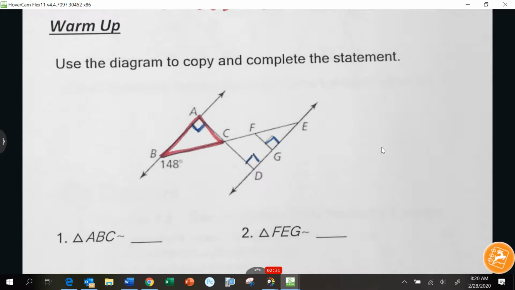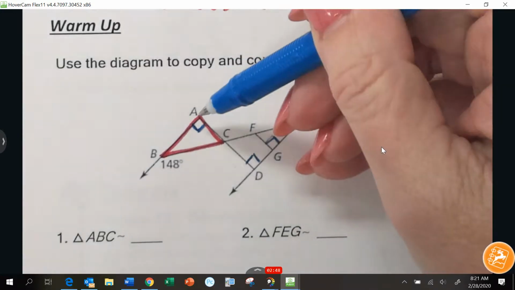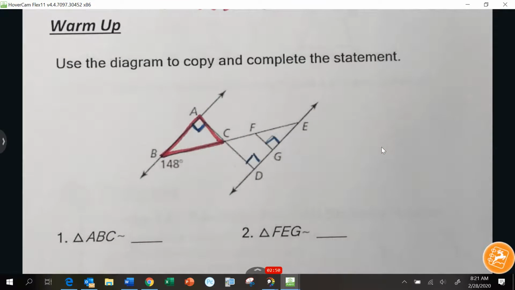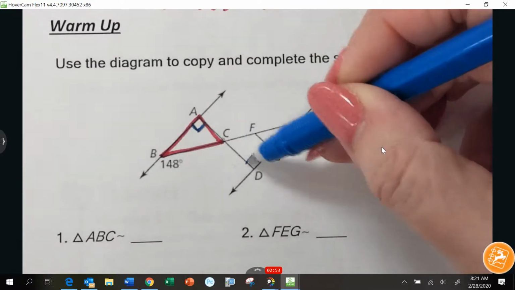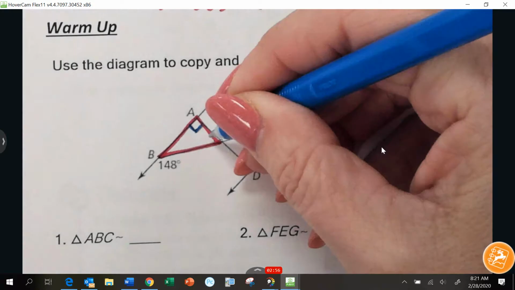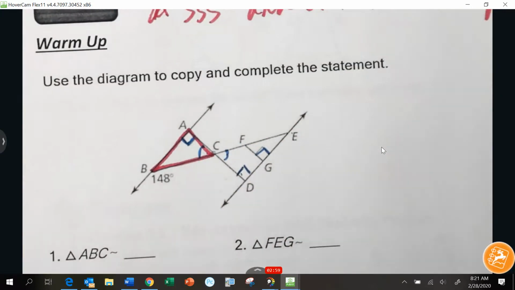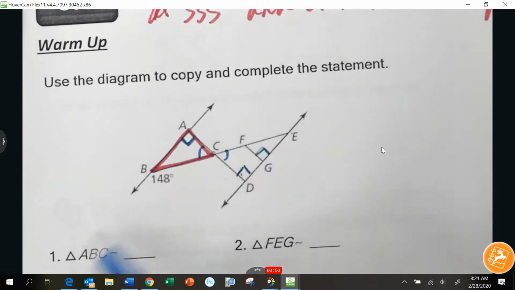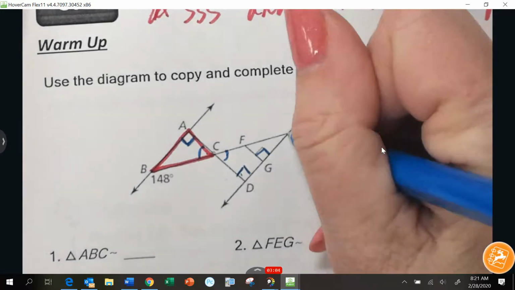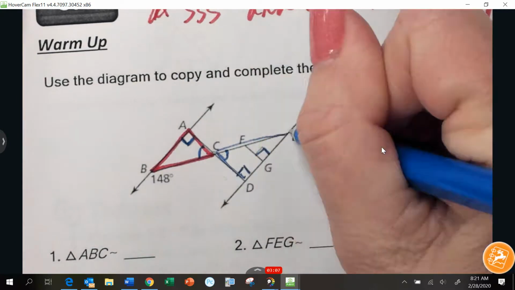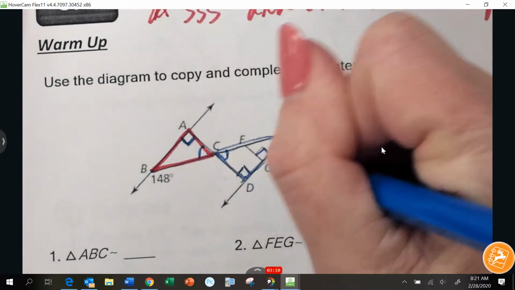So we're going to use the theorem angle, and to use it, we have to show that there are two angles that are congruent, and then we know they're similar. Do you have an idea, Alex? Hold on. ACB and what? ECD. Why are they congruent? That's correct. They are congruent because they're vertical angles. So right now, I do know that triangle ABC is similar to this triangle I'm outlining in blue,